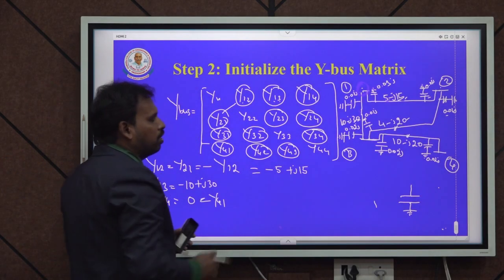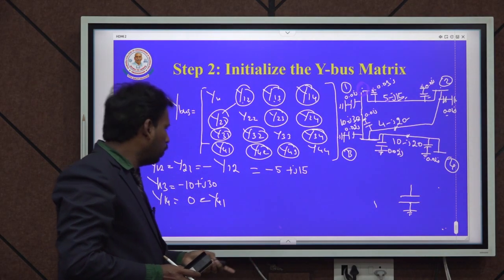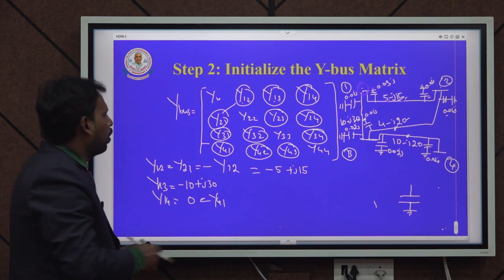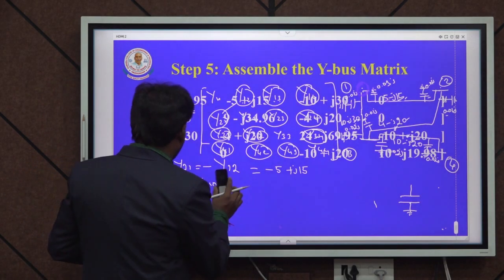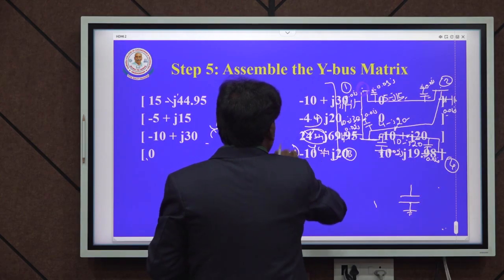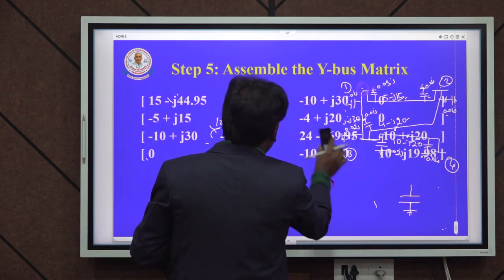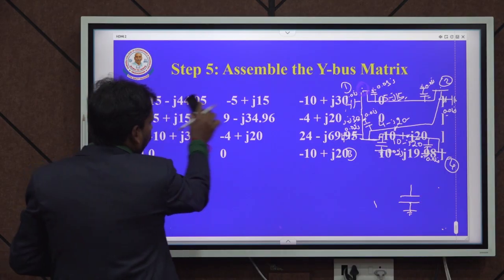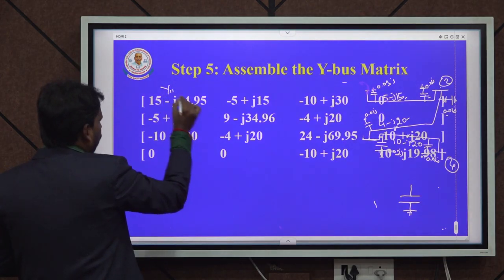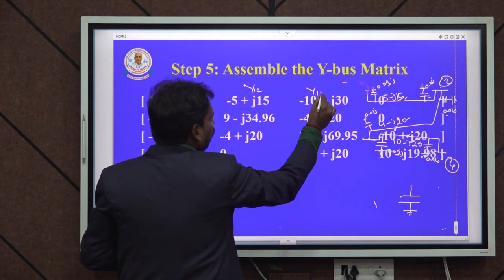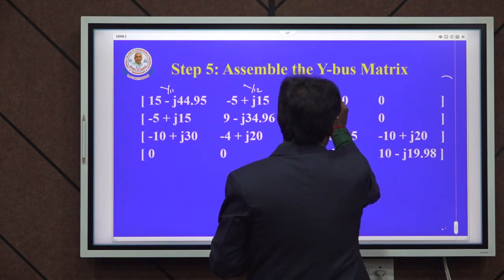Likewise we need to write all the elements. This is the two rule method. For the first rule we calculate the diagonal elements using the self admittance value. After that, for the mutual admittance value of the off diagonal elements we take the negative sum value, then we will get the Ybus of this system. The overall answer for this problem we can get like this, bus to bus. This is y11, y12, y13 and then y14,